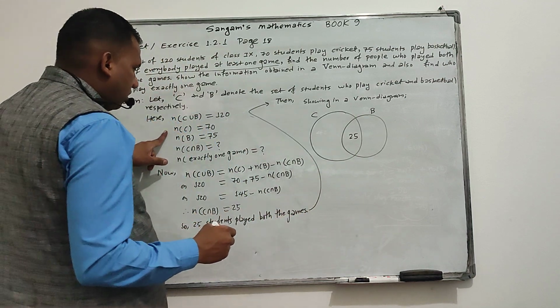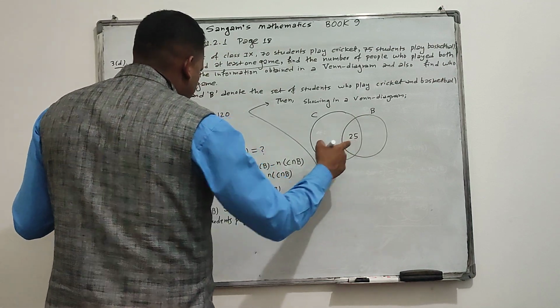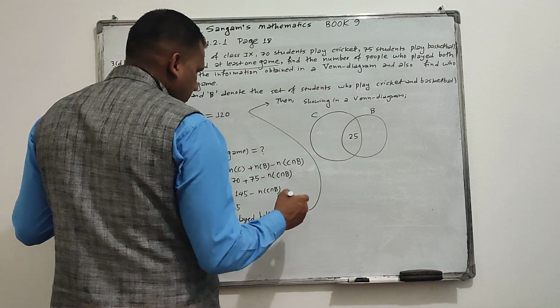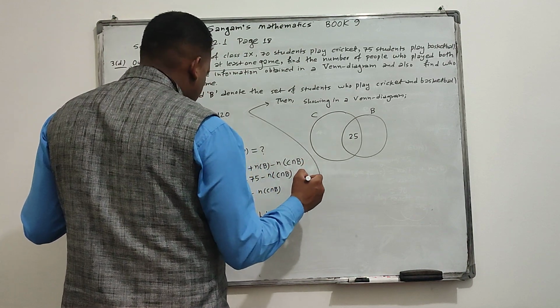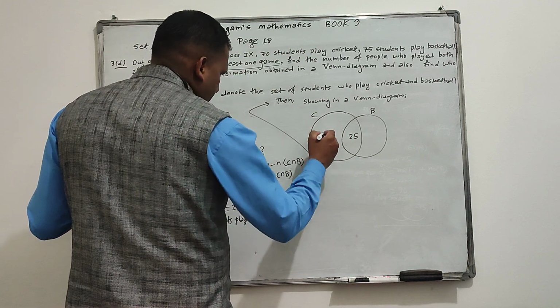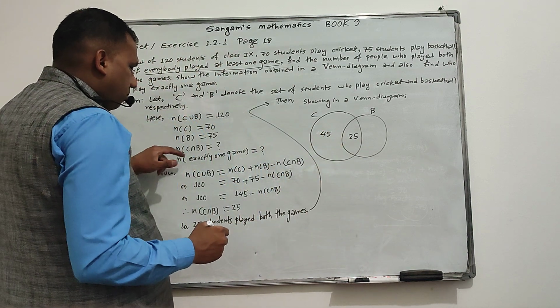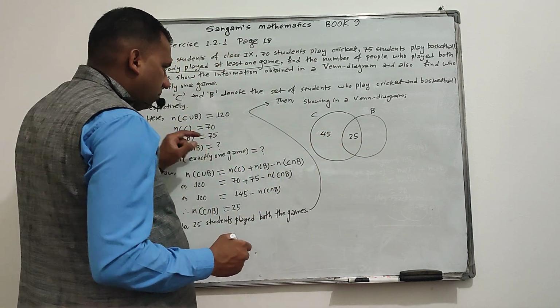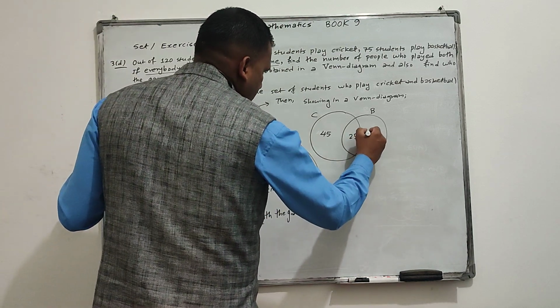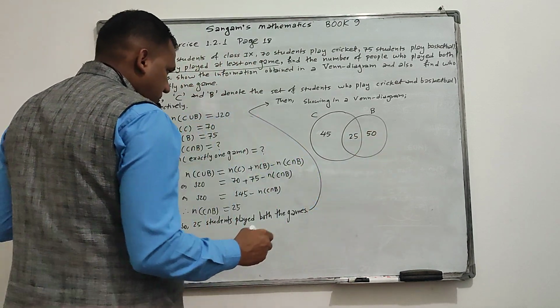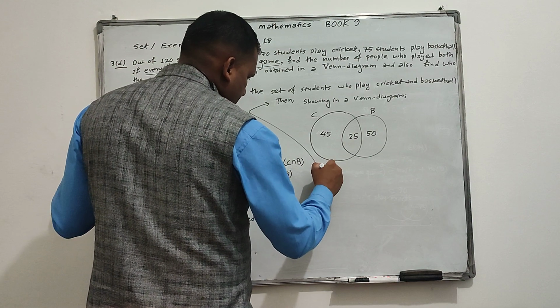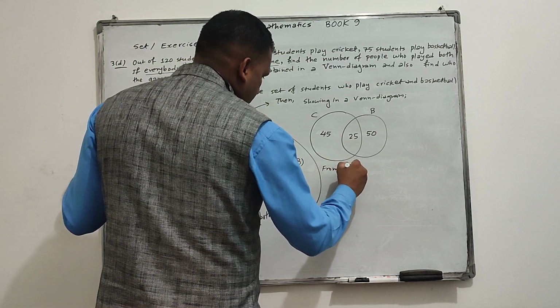Only cricket, this is 70 minus 25, that is 45. And like basketball only, 75 minus 25, that is 50. From the Venn diagram,